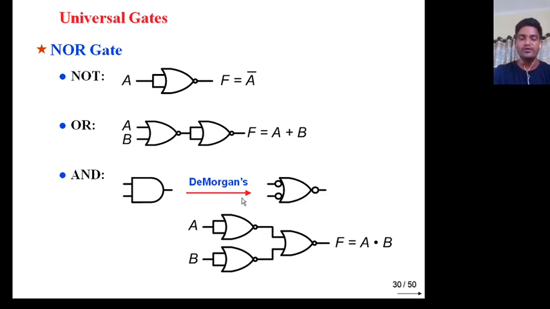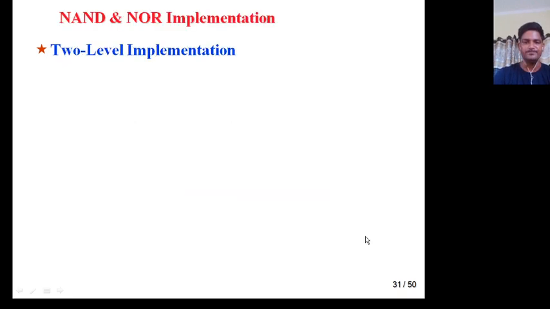You always have to remember, if you want the dual of that circuit, this is the alternate symbol of this. You can apply a bubble here and a bubble here. That means you have to apply bubbles at inputs as well as outputs to get the alternate symbol. Now by the same method you can replace this bubble by a NOT gate, and this bubble by a NOT gate, and this is again a NOR gate. So F equals A dot B.